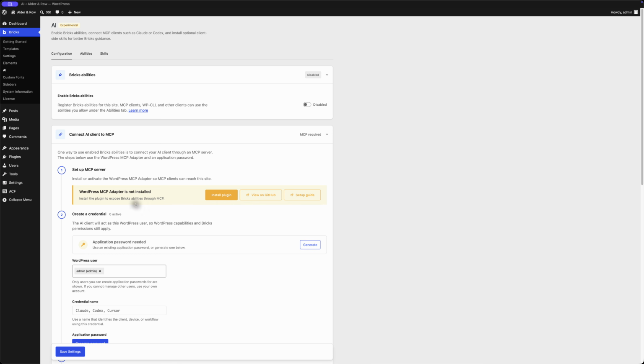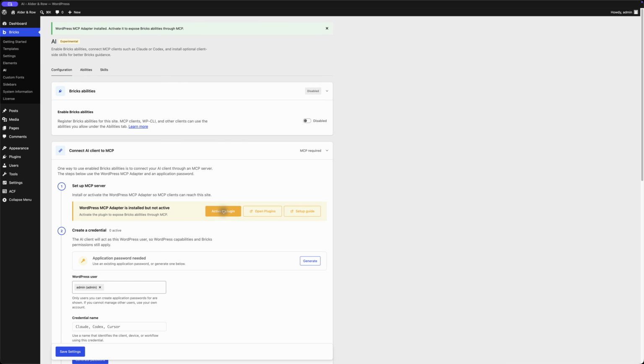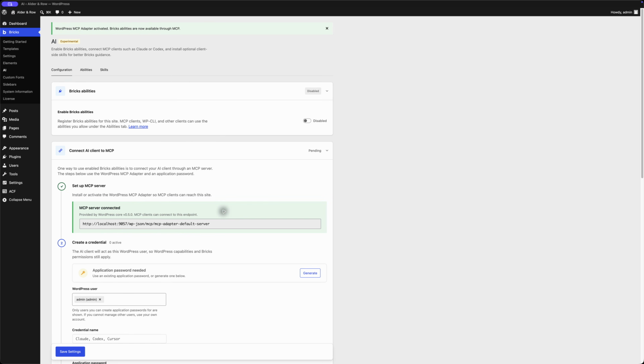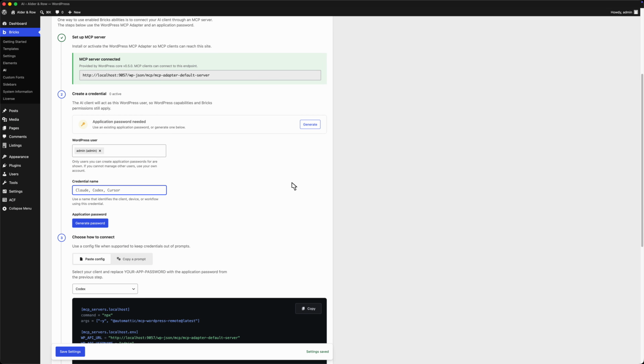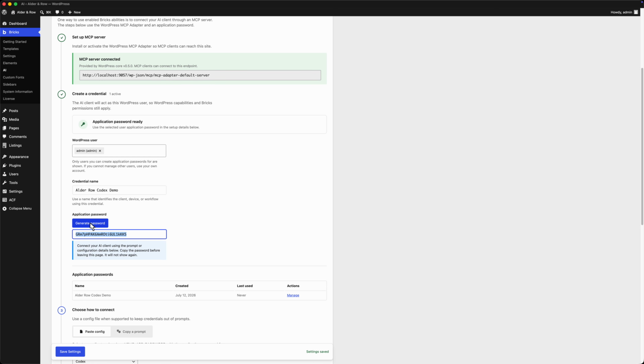On the Configuration tab, install and activate the WordPress MCP adapter. Then enable Bricks abilities and save the settings. Next, create a credential. The agent connects as the WordPress user selected here, so that user's WordPress capabilities and Bricks permissions still apply. For this local demo, I'll use the admin user, give the credential a name, and generate an